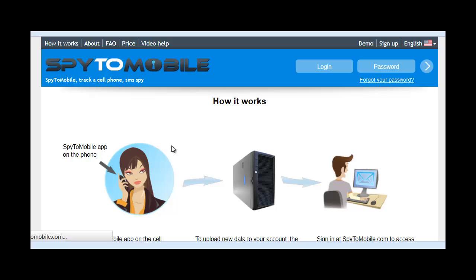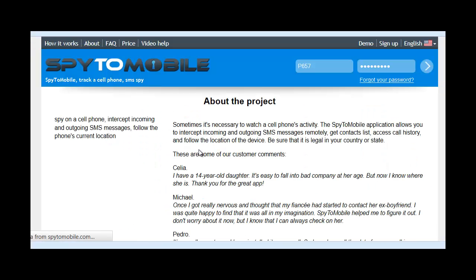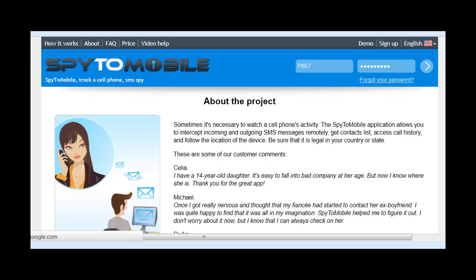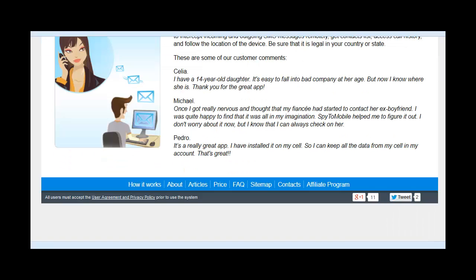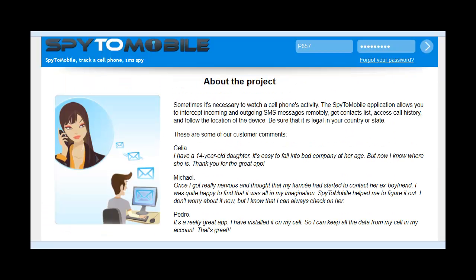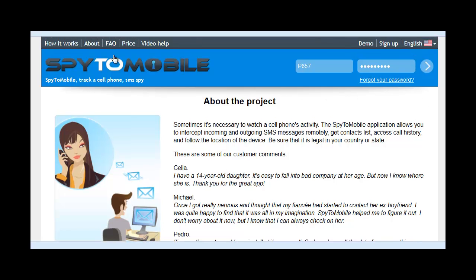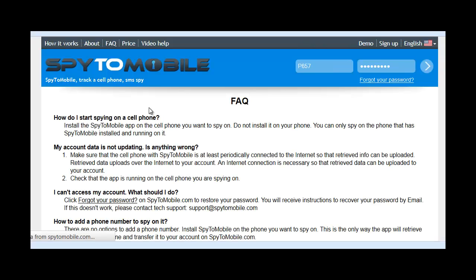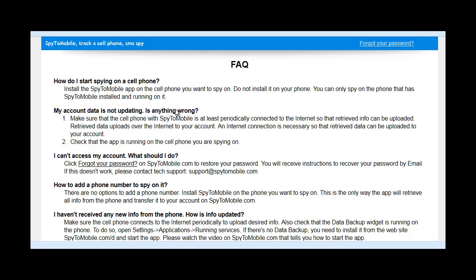I'll just have a look at each of these pages. Basically this page is all about Spy2 Mobile and how it works, and a couple of different testimonials there. This is pretty interesting here. You've got frequently asked questions. So there's a lot of questions here, and just to say that you can get some of these answered, is